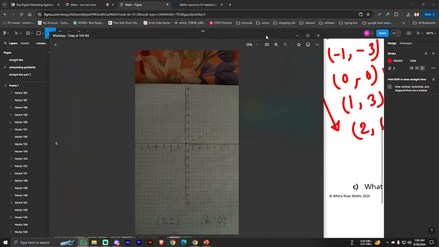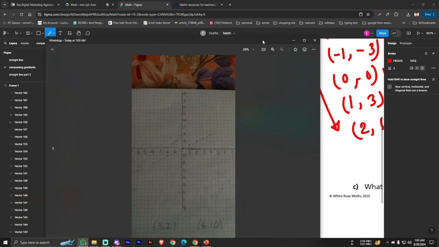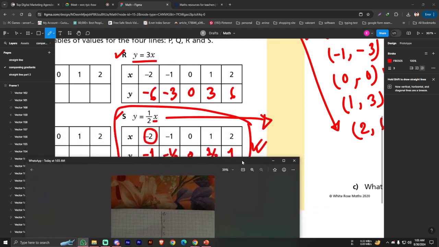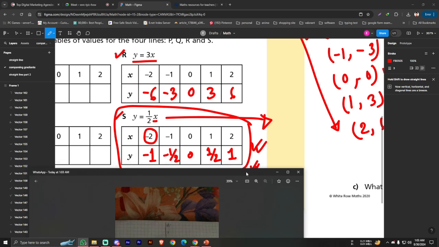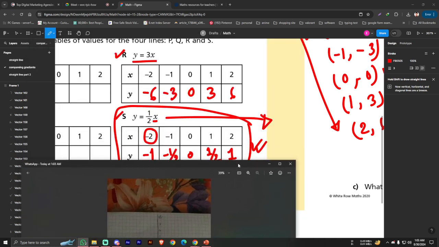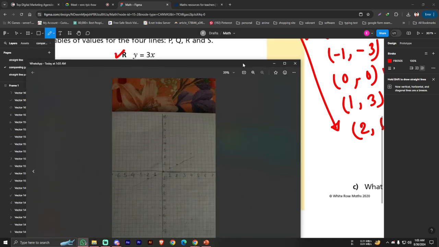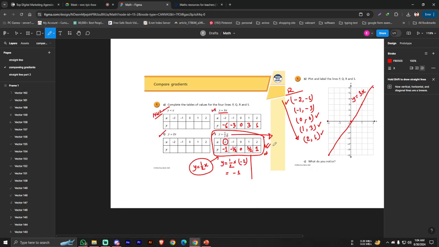Yes. Half. Yes. 0, 0. Yes. 1, half. Yes. And 2, 1. Yes. Okay. And in graph paper, here you have discussed an important concept, which we miss in normal graphs,